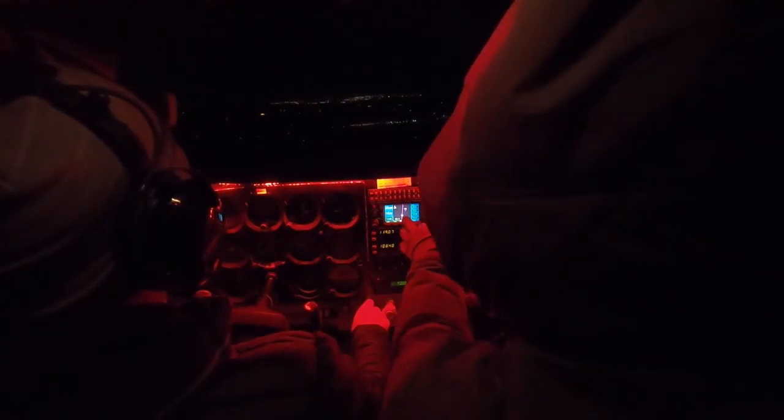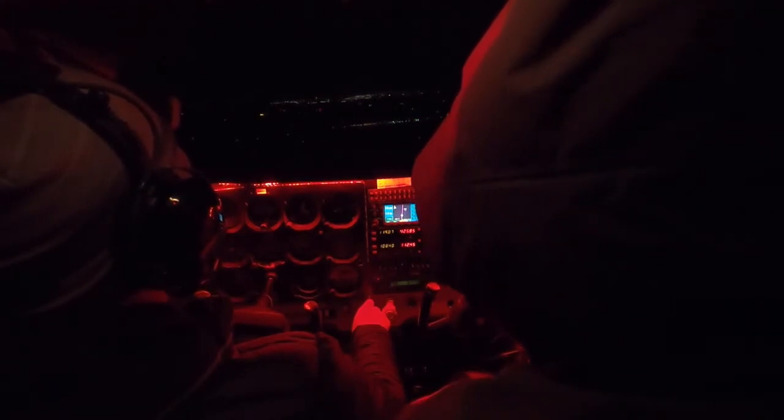So you'll be able to tell up here that it's not perfectly lined up when we do this. It's more just an approximation. If we wanted it to be perfect, we could load up an instrument approach. You want to try that? Get perfect with it? That's fine, yeah, sure. Let's do it. So click procedure,